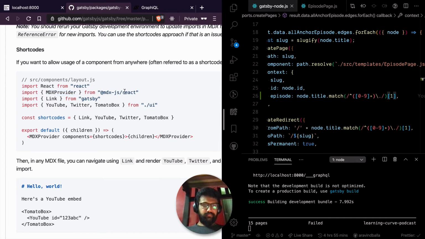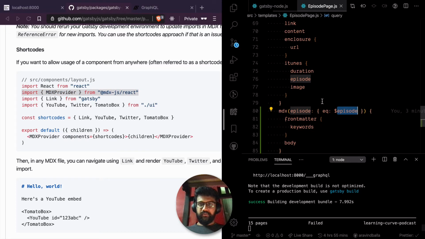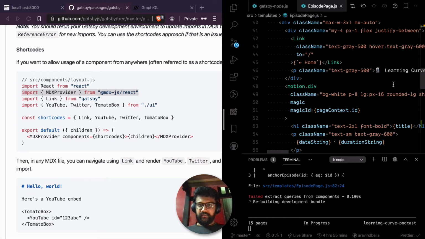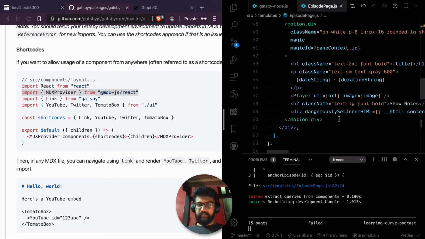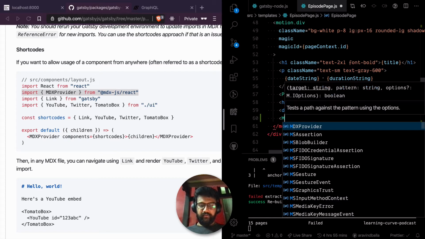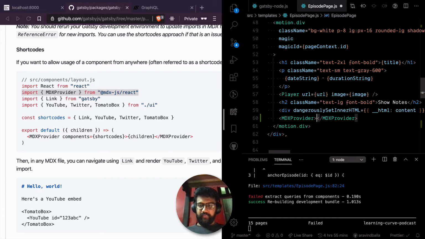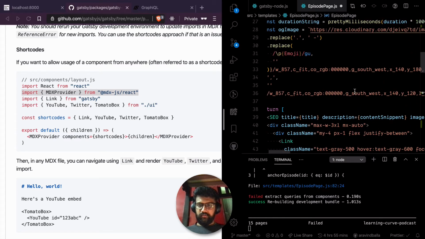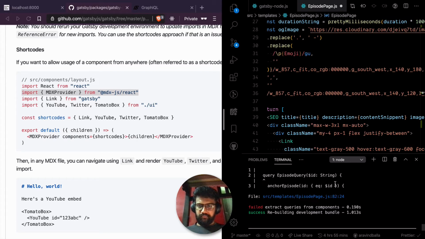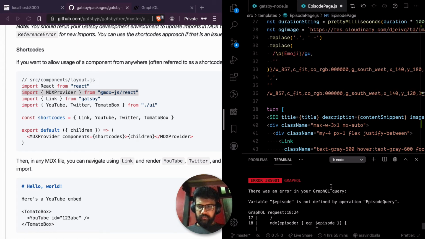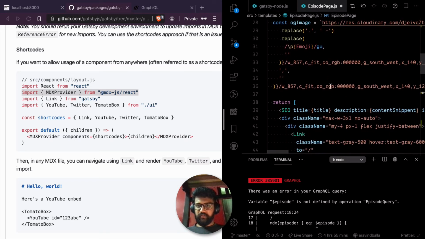So from an episode page, I'll have an MDX provider, and inside the, or after the content, I'll have an MDX provider and include... Okay, so there is an error, let me fix it.